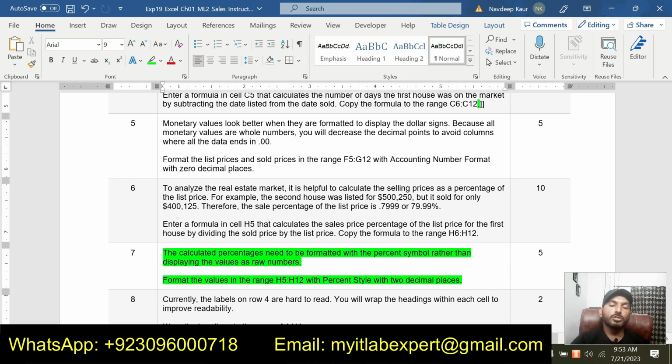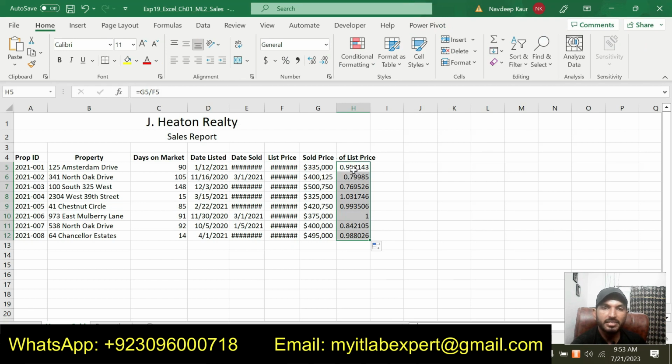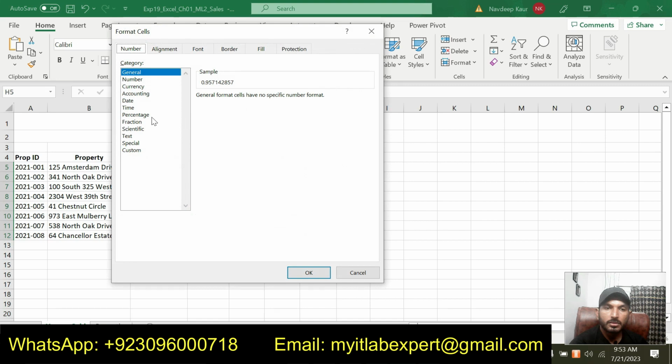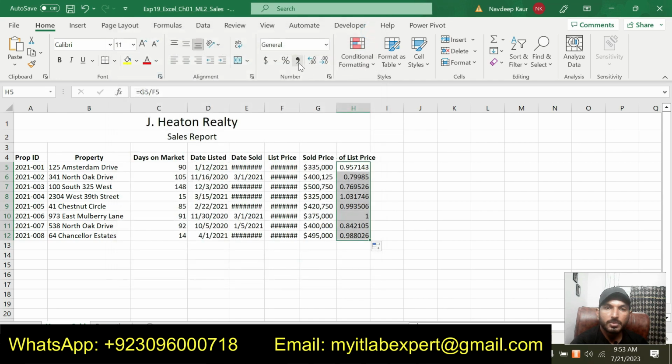Now we are supposed to display the percentages in percent style, and the decimal places for the percentages should be 2 decimal places. So we will simply select these percentages that are given in column H from H5 up to H12. We are supposed to display this as the percent style, and you can see that this is the percent style.